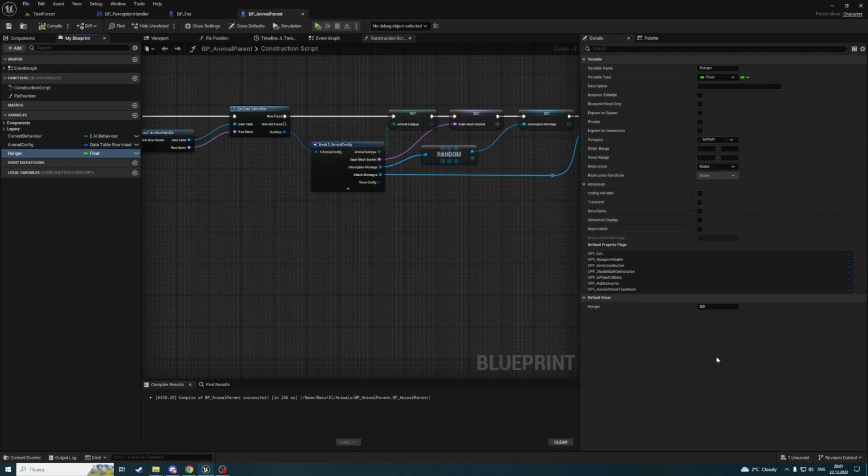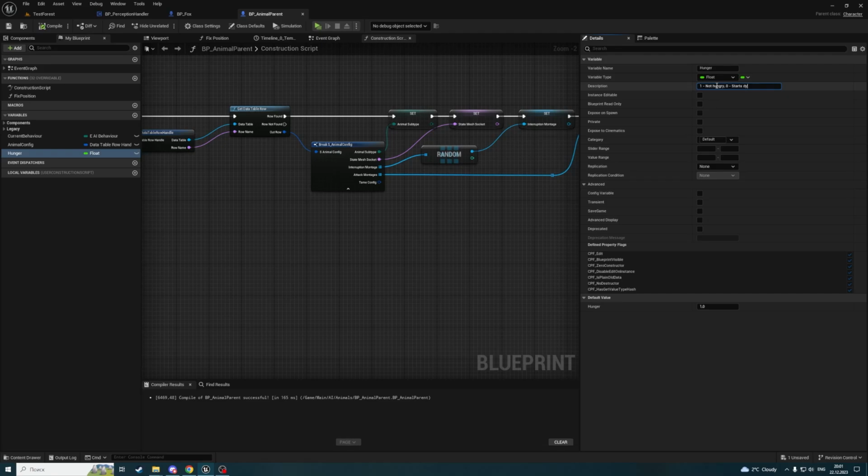It's going to be a float from 0 to 100 or to 1 as you wish. By default, I want to use 0 to 1, and by default it will be 1. That means it's not hungry. Let's add a description: 1, not hungry. 0